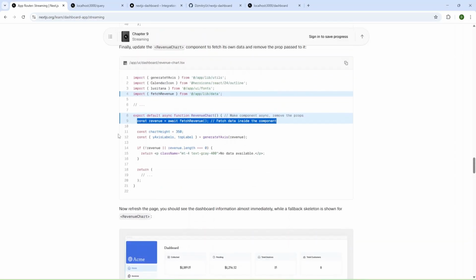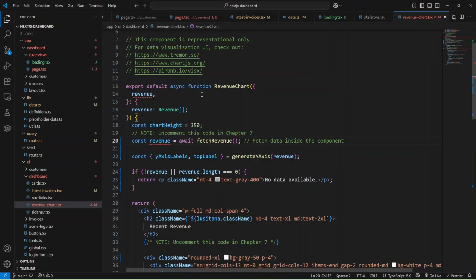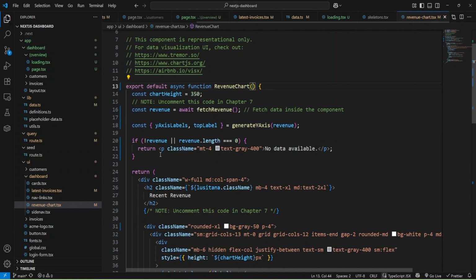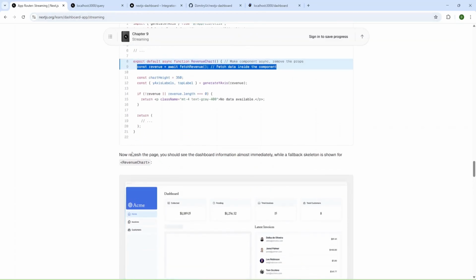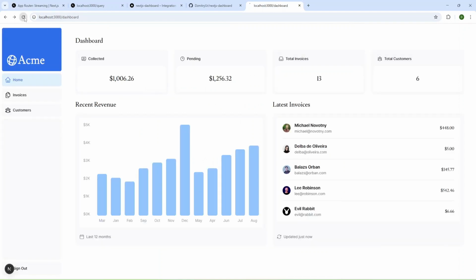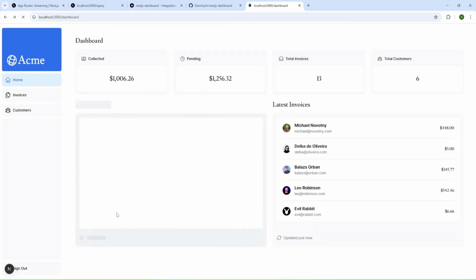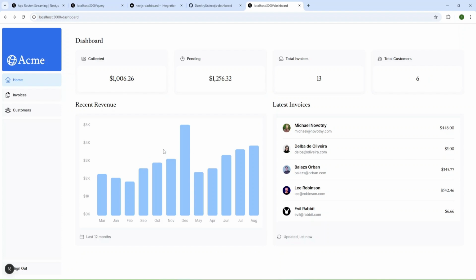And we probably need to remove from props. Okay, and we'll remove, and let's check. And now we can refresh our page, and let's see. And as you can see, we have loading only for revenue component.